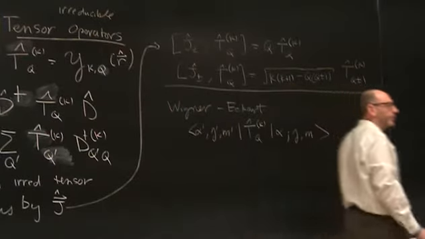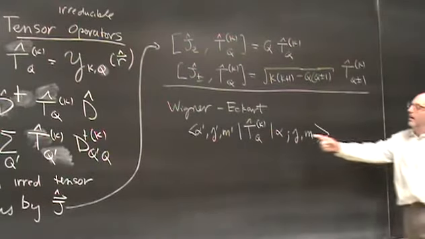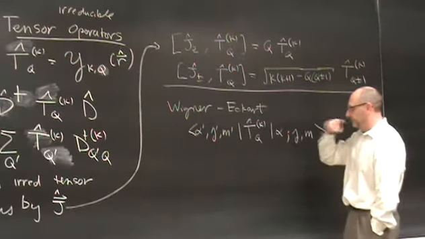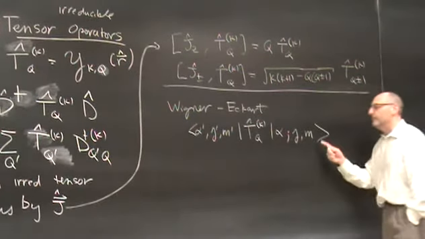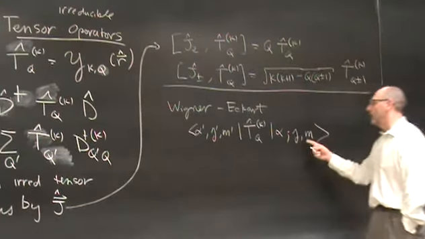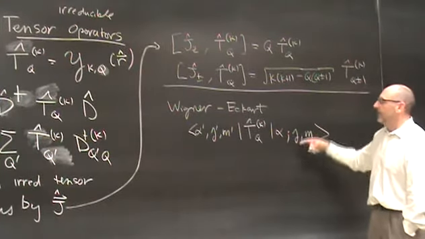Okay, so we're looking at the matrix element of one of the components of the irreducible tensor with respect to two states, which are eigenstates in the standard basis,